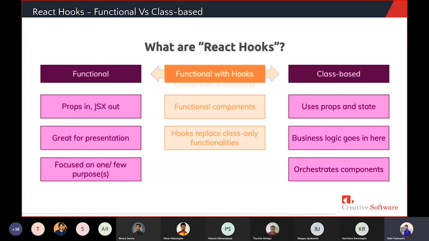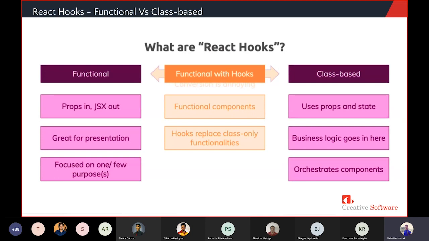The class-based components use properties and states, and you can write your business logic there using those lifecycle hook methods. That's the main thing that you can't find inside the functional components.